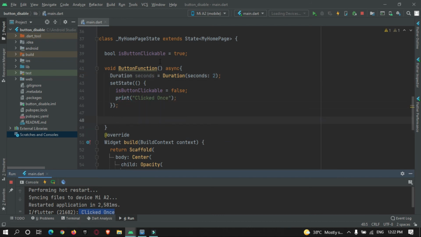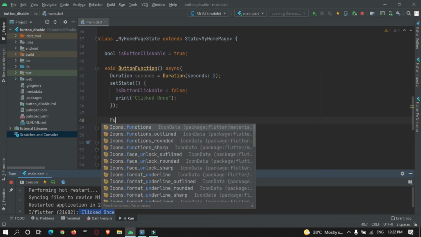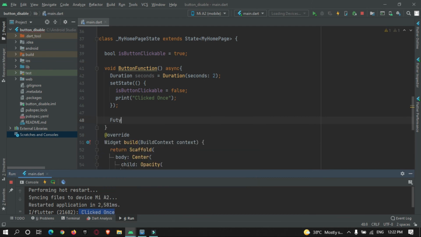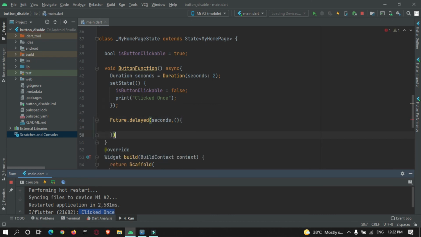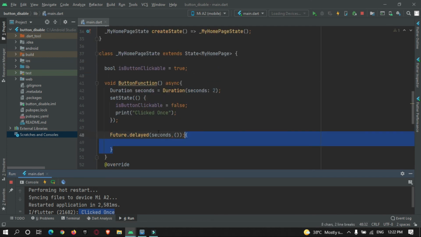For that, first of all you need to make this function async so that you can make use of Future.delayed, and here you need to pass the duration parameter, and the function you need to execute after 2 seconds. As you can see, after 2 seconds this function will get executed.